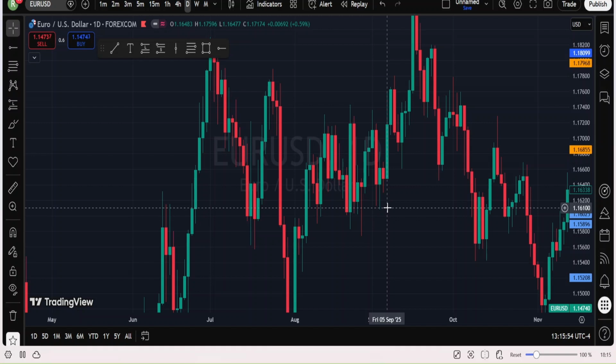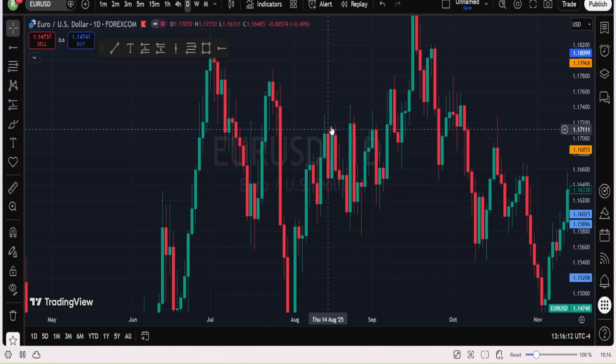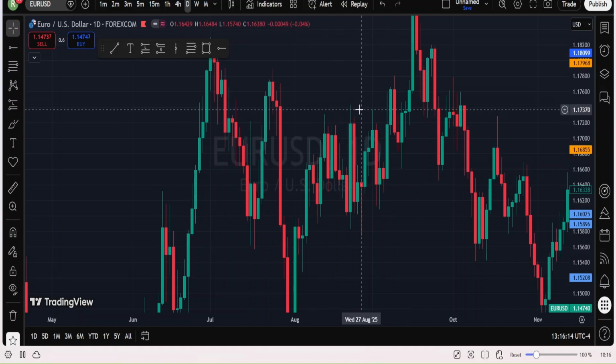Most retail traders enter exactly where liquidity is resting. They buy after a breakout. They sell after a breakdown. But institutions often need that liquidity before the real move develops. That's why understanding liquidity is more important than reacting emotionally to every breakout. Understand liquidity. Don't trade with your emotion. Understand where liquidity sits in the market and what the institutions are doing.